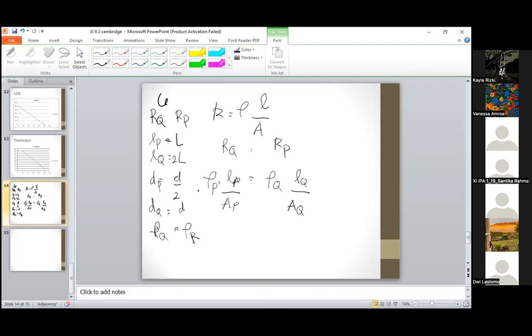Then we can eliminate this because it is the same, and we use LP is L, and for P, D per 2, so 1 per 4 pi, D per 2 squared, equals LQ, 2L per